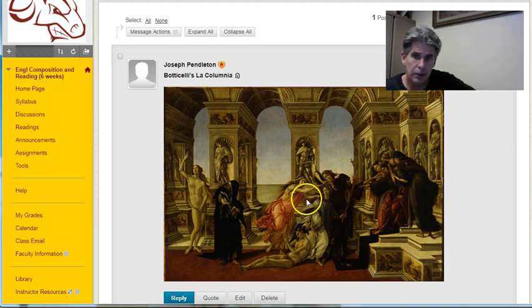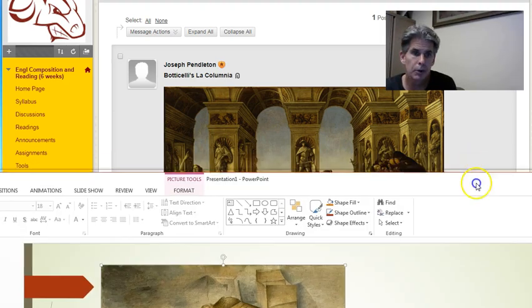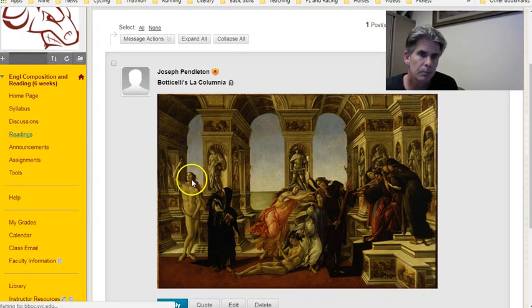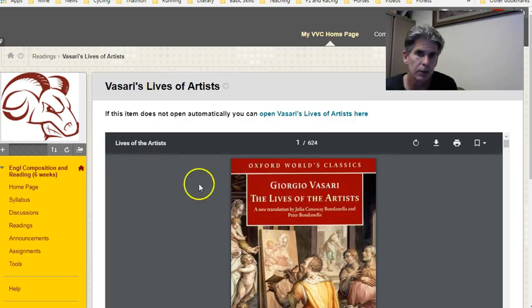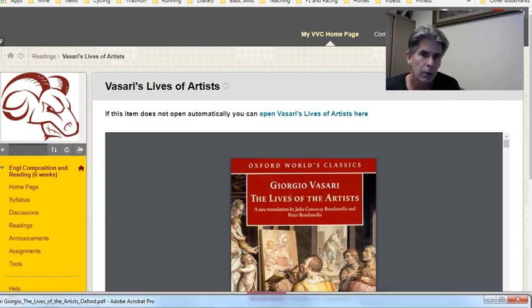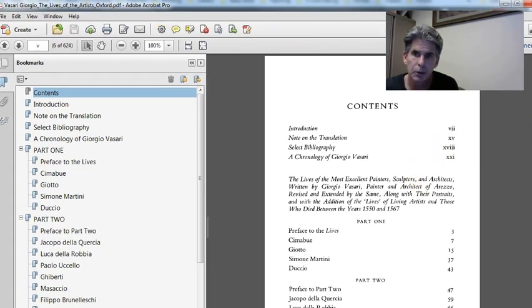When you choose your painting, go through it. Do it this way. Spend just a little bit of time with the Vasari. I have a Vasari copy on my desk, and I would urge you to download it. I have one myself already saved on my computer, and when I open it up, it's a little bit easier to deal with. And here it is right here. You should spend a little bit of time just going through this